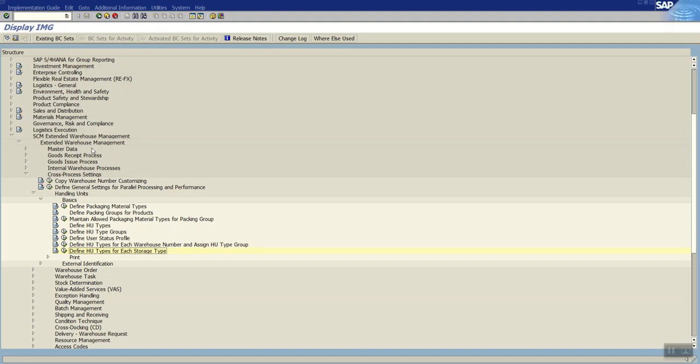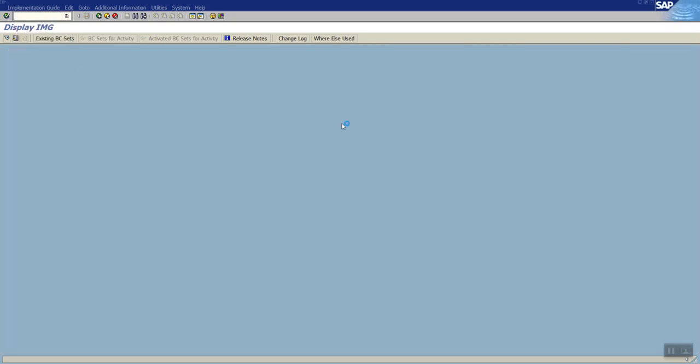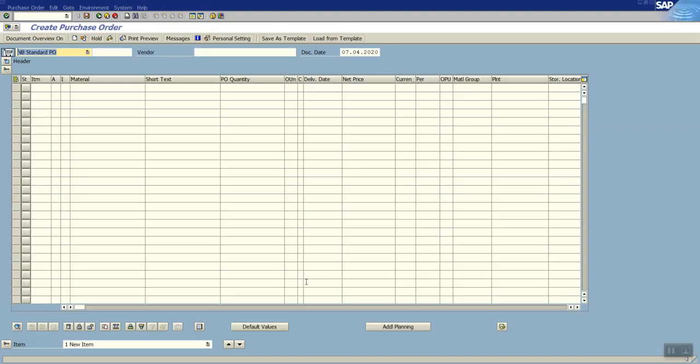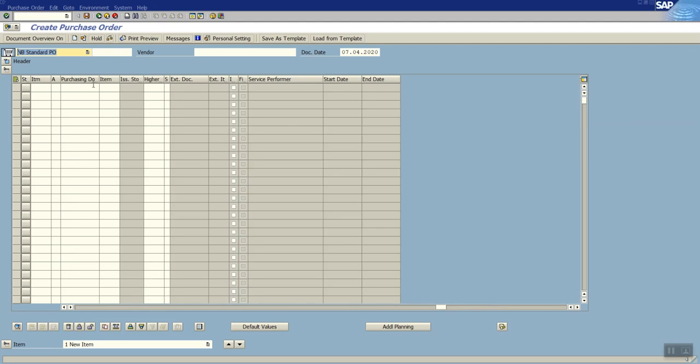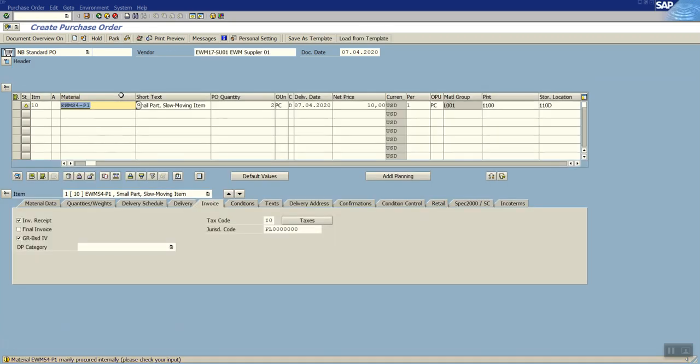So we are good with all the settings, and now we are going into the transactional data. So I'm going to create the purchase order. I will take an existing purchase order and then create the new PO. And two pieces I am taking, because the reason